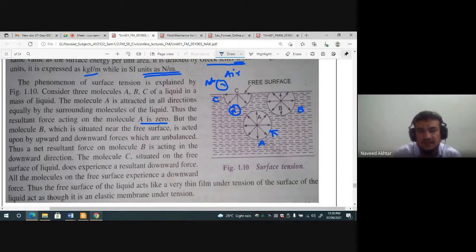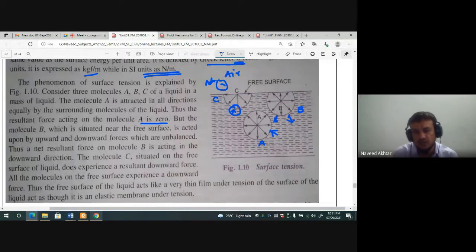But if you see the molecule B or C, the molecule B, which is situated near the free surface, is acted upon by upward and downward forces, which are unbalanced forces. So here the cohesive forces are there, the intermolecular attraction between the liquid molecules, and there is air, so there is adhesion also. So there is unbalanced force because the downward force, the intermolecular attraction, will